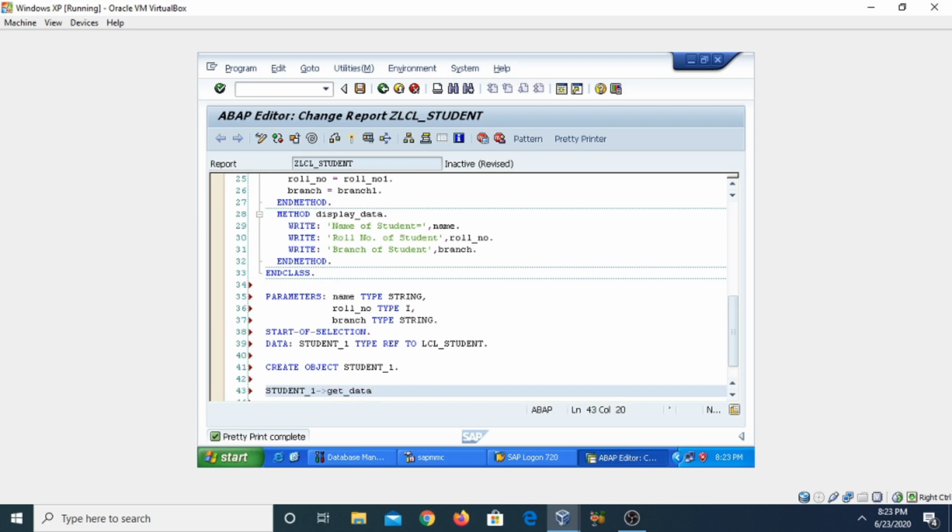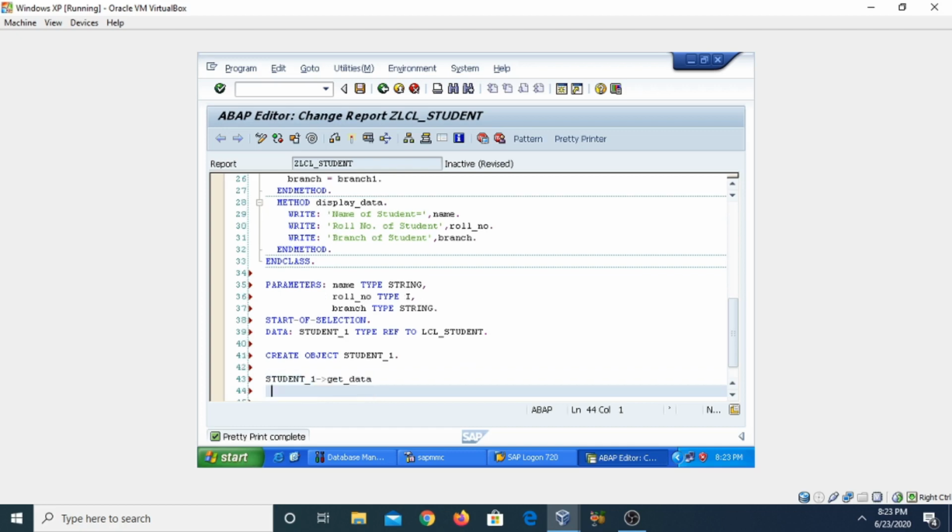In this get_data we need to export some values, so we will use the EXPORTING keyword, and we will pass the values which we have taken from the user. So this is our object name, then this is our method, then use the braces here, and then EXPORTING.